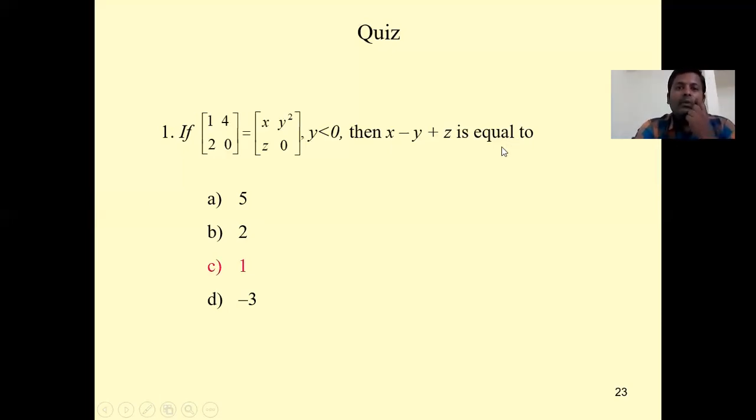Just we have to compare each element. X is equal to 1, y square equal to 4, then we get y equal to minus 2, and z is equal to 2. These three values we have to substitute in the equation. We get the result is 1. The second one, if A is a unit matrix and B is a null matrix, then AB is equal